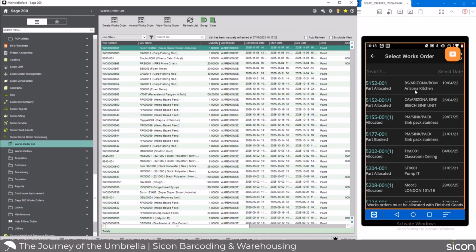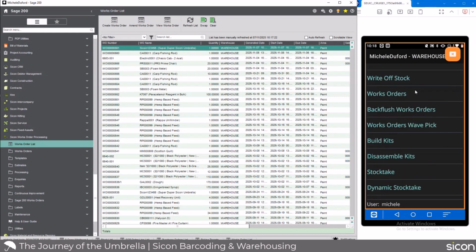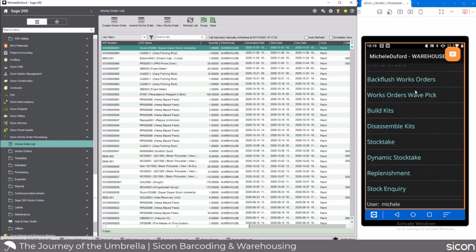And that again will be automatically reflected inside of Sage. Back to our menu list one more time. There is a full backflush works order utility in here. Adding stock is my favorite, as you can probably tell. But the more distribution related things, in fact, any company that's managing stock, of course, stocktakes is a huge part